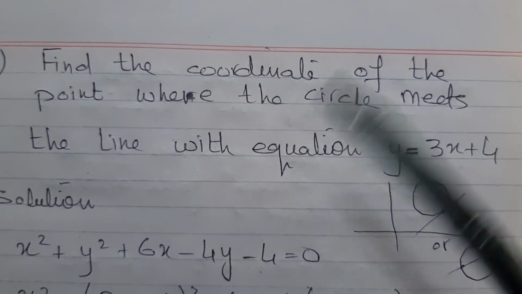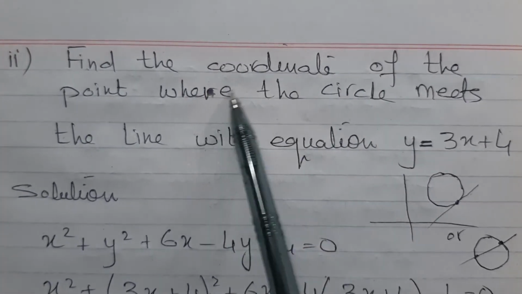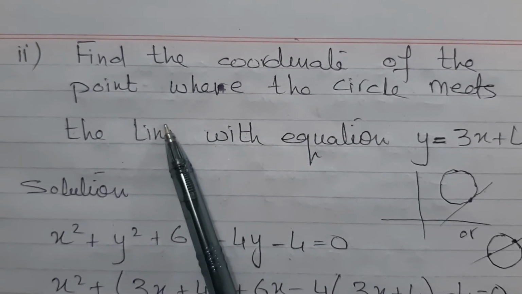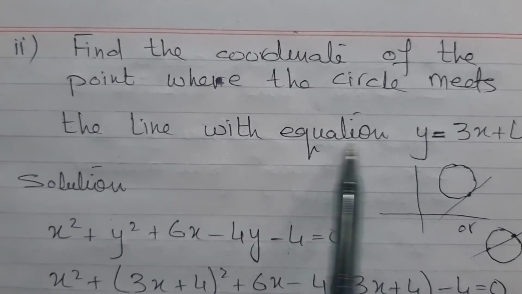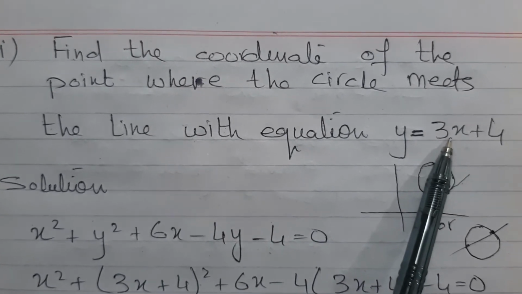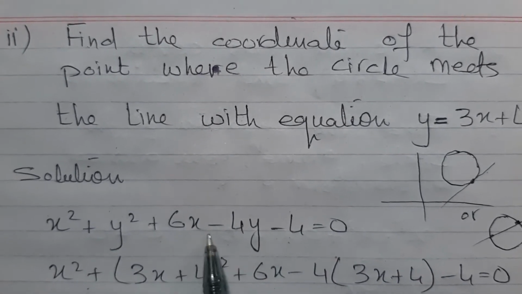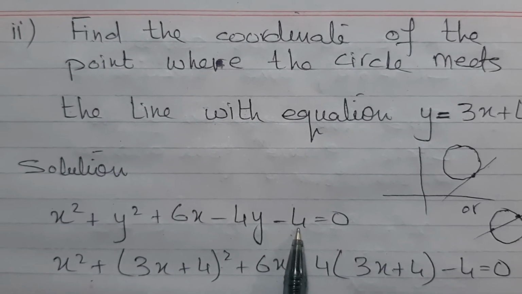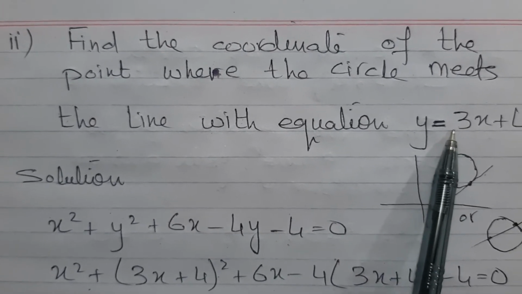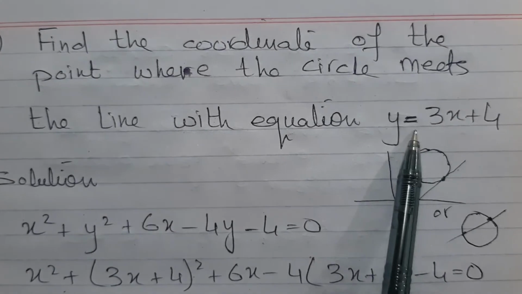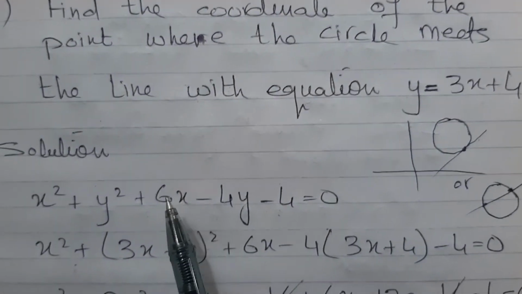Okay, so the second part of this question is saying, find the coordinates of the point where the circle meets the line with the equation this. So the equation of a circle was already given to you in the question. And they are saying, find out the points where this line y equals 3x plus 4 meets the